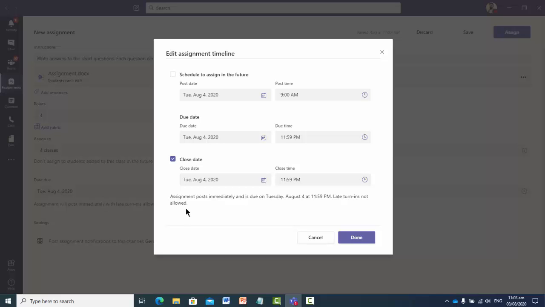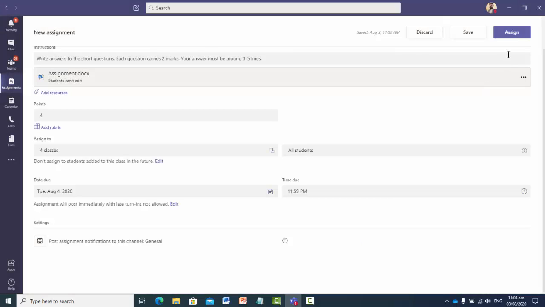to you. So you can block them here, or if you don't want to block them and you want to receive their assignments even later than the due date, then deselect it. So I want to select it and I want the students to send me their assignments within the due date. So click here on done. Yes. So here you can assign your assignments to the students or save for later use. So I'm going to assign this work to the students.